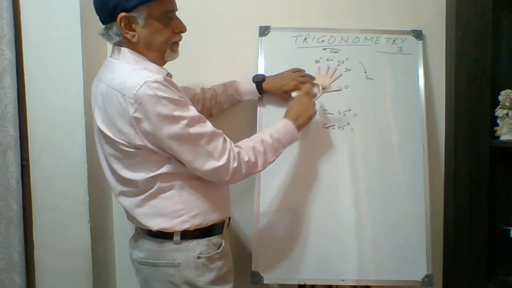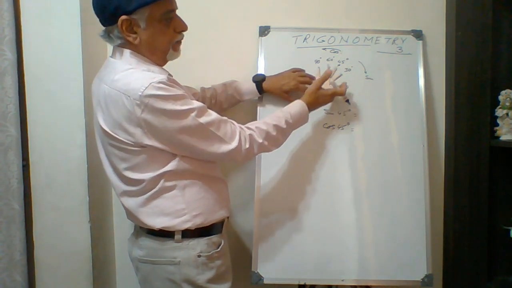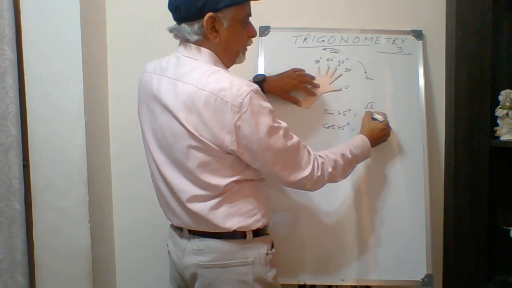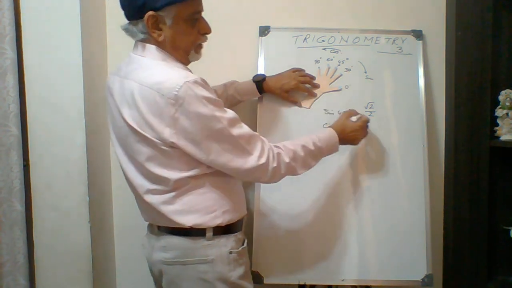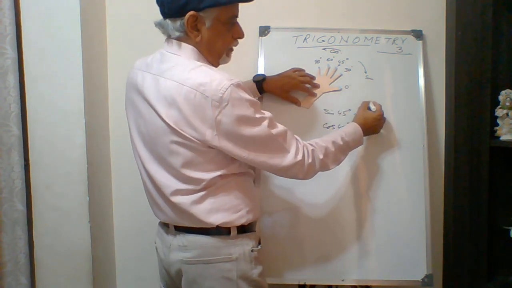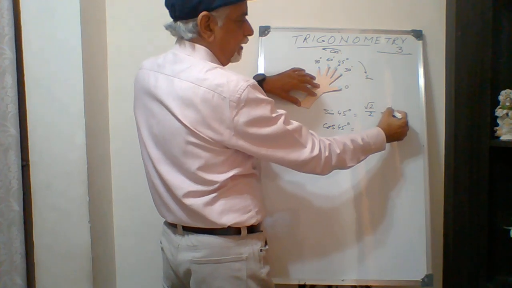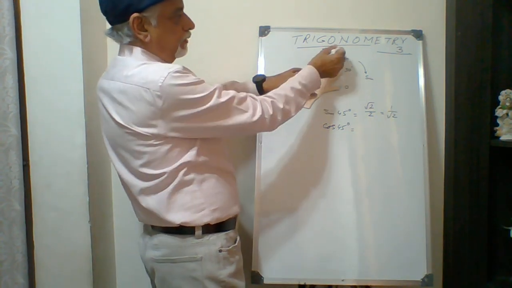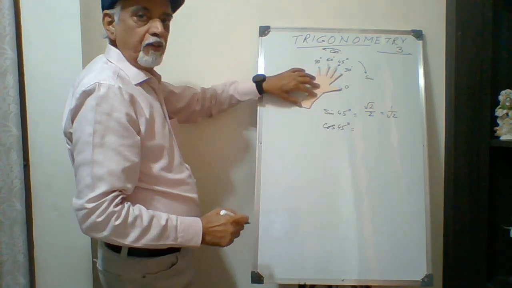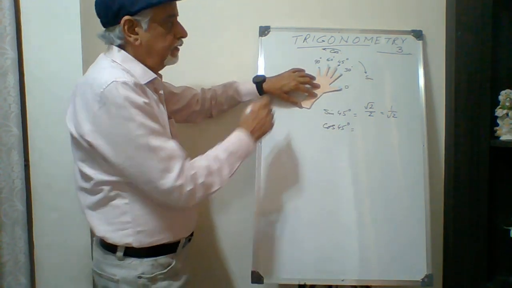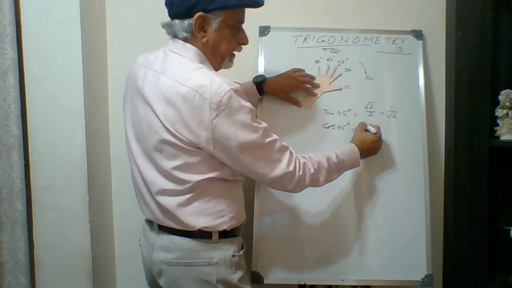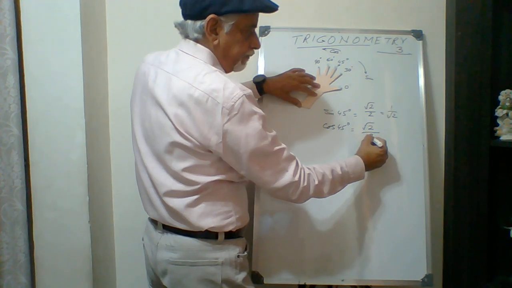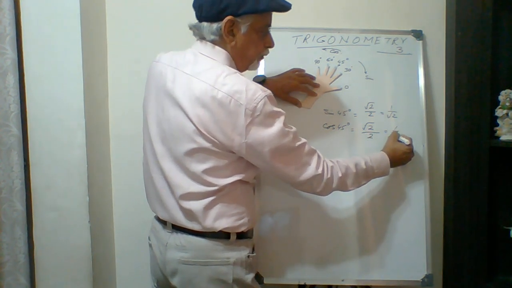This is the indication of 45 degree. On the left side, we have got 2. So take the square root of this 2 and divide it by 2. This is the value. So now we can write root 2 over 2, and this 2 cancels, and it becomes 1 by root 2. Similarly, on the left of it, for the anti-clockwise direction, how many fingers are there? There are 2 fingers again. So it is again 2. Take the square root in the numerator and divide it by 2. So this also gives you 1 by root 2.